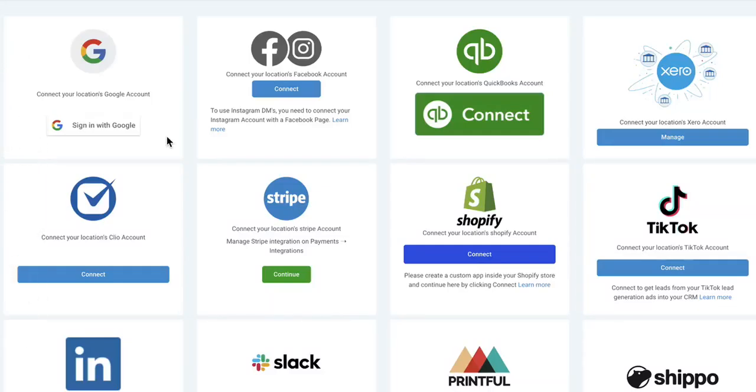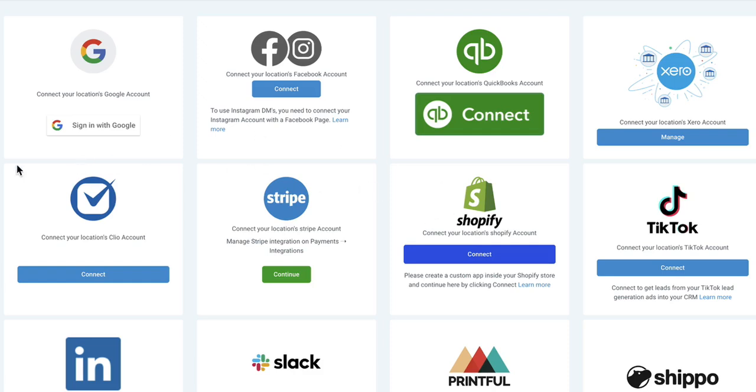Hello. Now you can import Shopify Store into the CRM. You can import contacts, orders, transactions, and pretty much everything, and utilize all of the information using automations and various tools in the CRM. So first of all, you need to navigate to integrations, and you will see an option